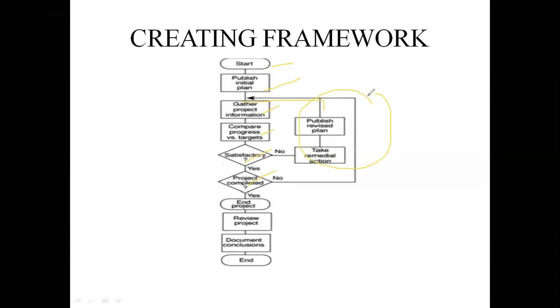This is the diagram about the project control cycle. If it is done, project completed, we move to the end of the project. Otherwise, if there is a fault, we move to the no branch, and again we have to revise, go to the project information, then we have to again do these steps. So this is about creating the framework. By using this flowchart we represent a project control cycle. This is called a project control cycle. Okay. So see here.